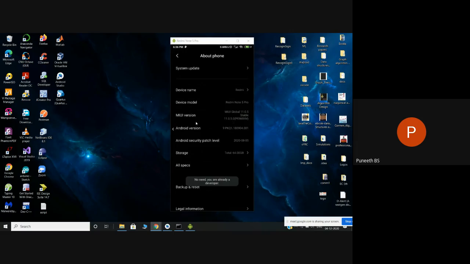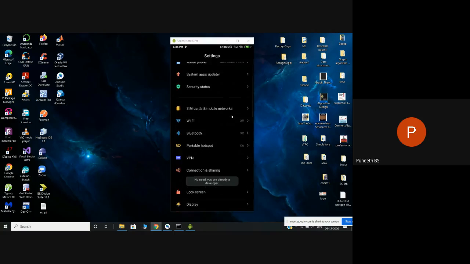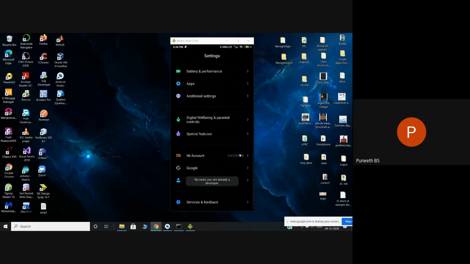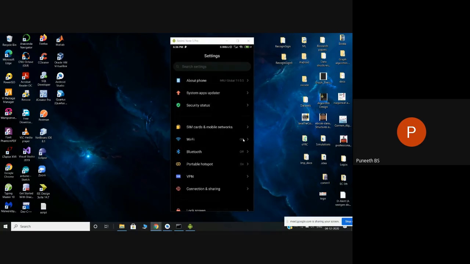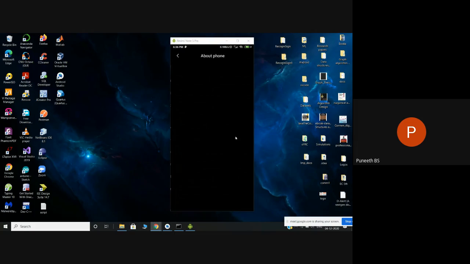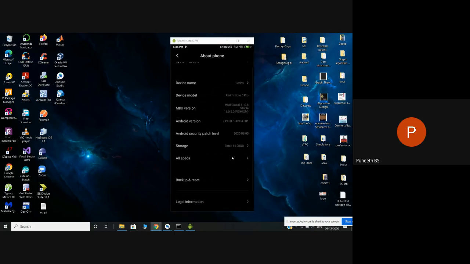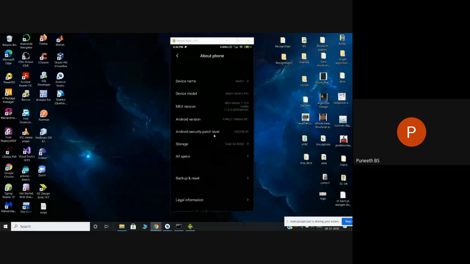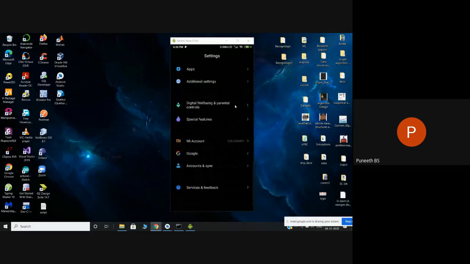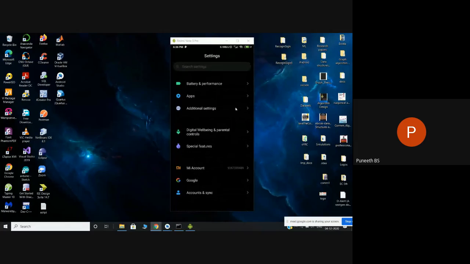So after you click this multiple times, then you have to go down. I'm showing it in my mobile. I don't know, there are different types of settings in different mobiles. If you are using some Samsung or Realme or anything else, it will be different. But you will generally find it common in the about phone or system settings. So just go there, find out, generally it will be on version. So you have to click this multiple times, and then if you go here, you have to go